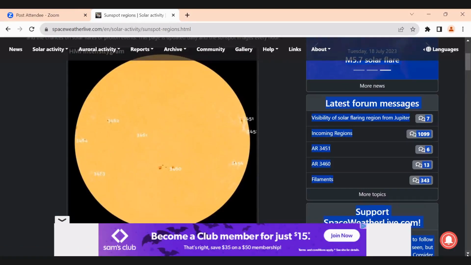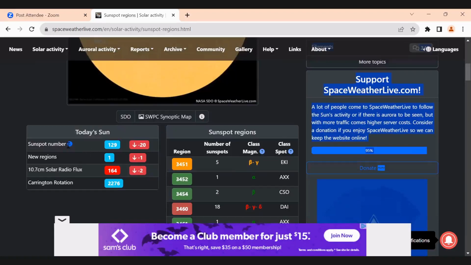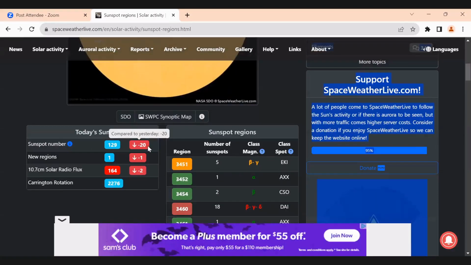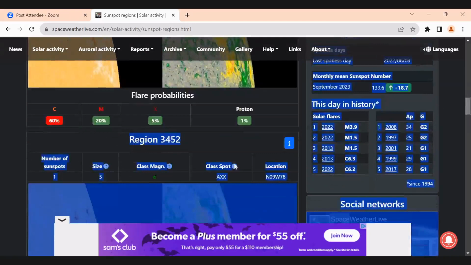If we come down here, we've got a summary. The latest sunspot number was 129. That's down 20 from the previous day, so it was 149 yesterday. The solar flux, 10.7 centimeters, 164. That's down a bit from yesterday. So right now, a little downward trend. And if you do come down here, you can see they're showing the regions and whether there's a probability of flares,